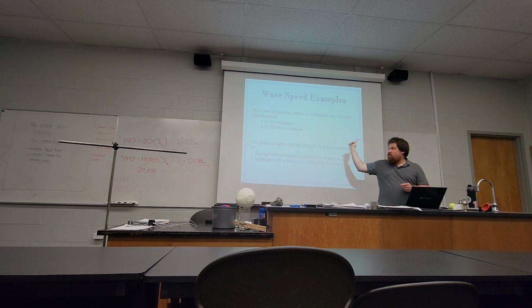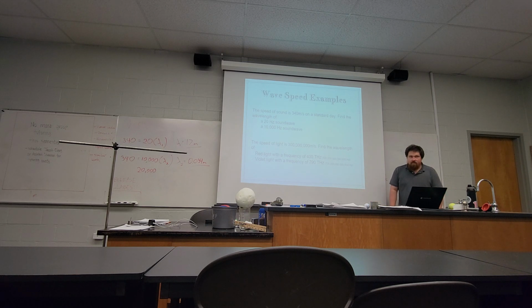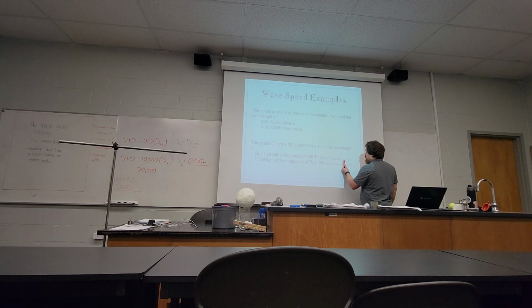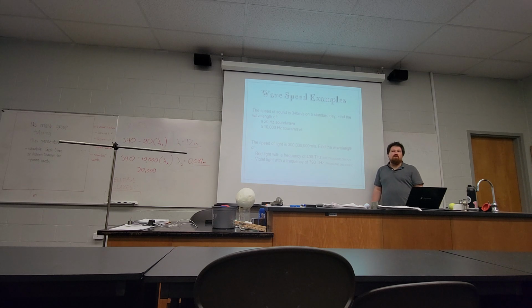All right, now we'll do the same calculation with light, although for light the numbers get crazier because light's just super fast. The speed of light is 300 million meters per second. It's literally the fastest thing in the universe. And we are going to find the wavelengths of two different colors of light. Red light, the lowest frequency red light that humans can visibly detect, has a frequency of 400 terahertz, metric prefix tera, which translates to 1,000 million, billion, 400 trillion hertz.